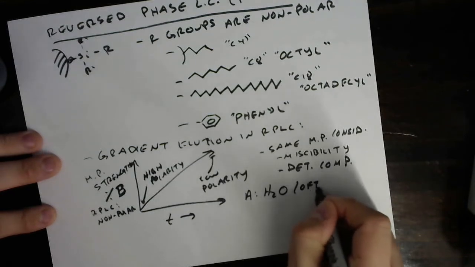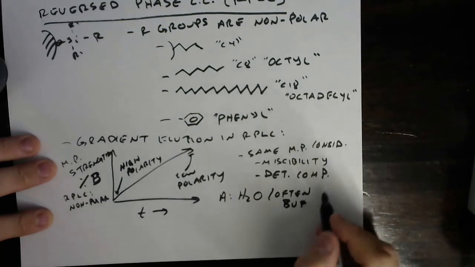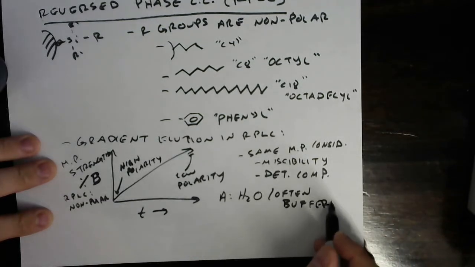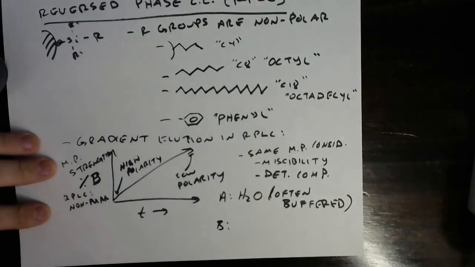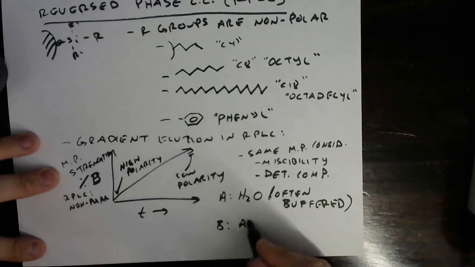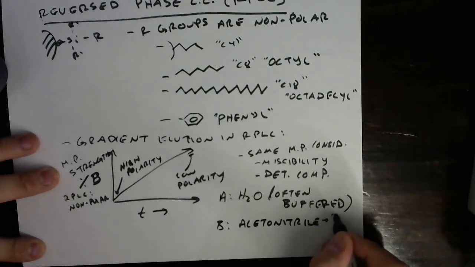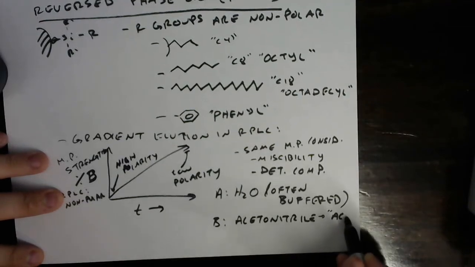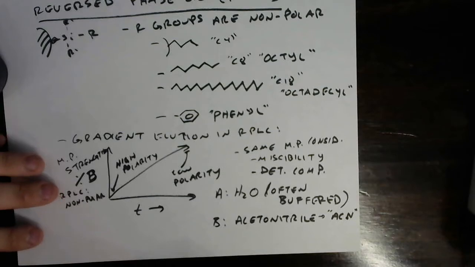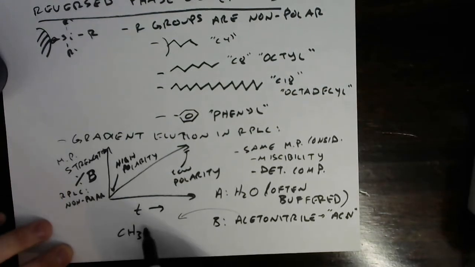I'll say it's often buffered so that we have good control over pH. Right, so it's often buffered. And then the classic B solvent would be acetonitrile. And acetonitrile is often in the literature, and by me, abbreviated ACN. So acetonitrile, for the record, that's CH3 with